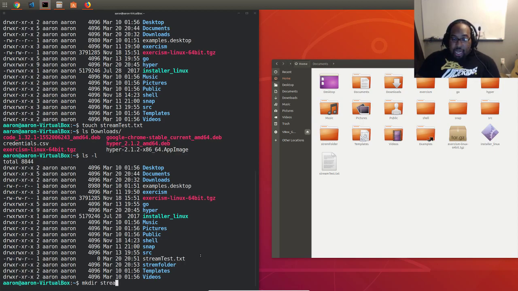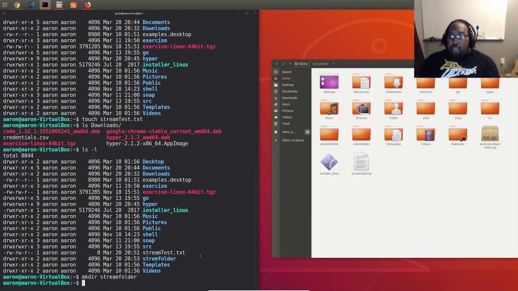I'll spell it right this time, which will be stream folder, and then you should be able to see on the right when I do this, it threw in a new folder called stream folder. So I got them both, and then I can delete them both. So let's go back: cd, change directory; ls for listing, see what's in the directory; touch, create an empty file;